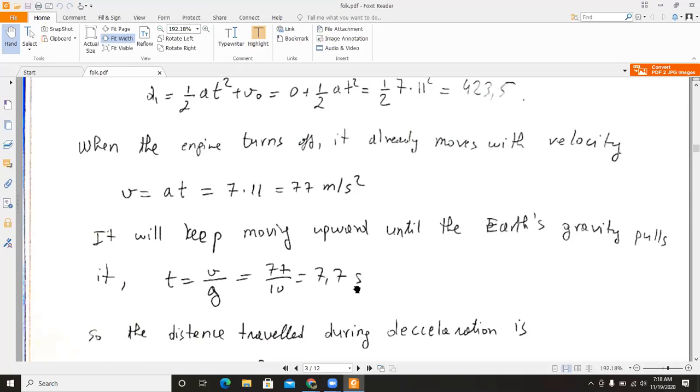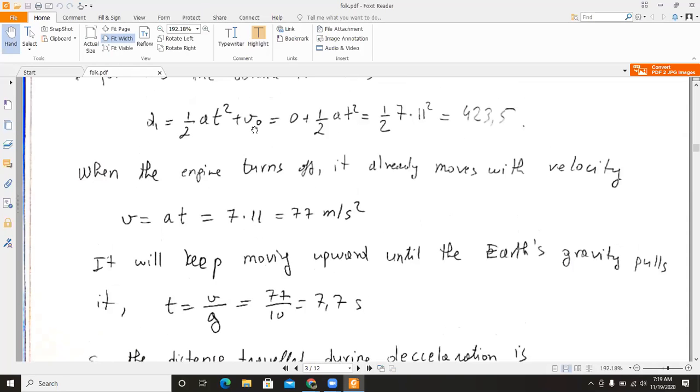May I say something? Yes. Why is the unit for velocity meter per second squared? Shouldn't it be meter per second? I couldn't hear properly. Would you please repeat? I'm saying, why is the unit meter per second squared instead of meter per second? You mean this one? No, below. V equal to, yeah. This one, the unit 77 meter per second squared. I don't understand why. Oh, okay, yeah, I understand. So